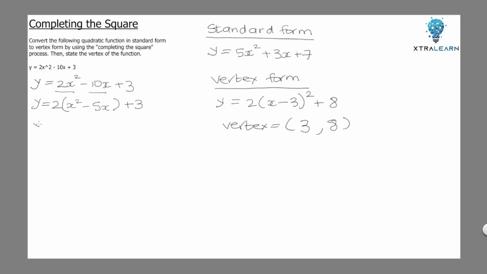Then what we do is we take the number in front of the x, which in this case is minus 5, and on the side, I'll do it over here, we're going to take that minus 5 and divide it by 2, and then square it. And when we do that, we get, well, minus 5 squared on top is 25, and the 2 squared on the bottom is 4. So we've got the number 25 over 4. So what we're going to do is we're going to add that